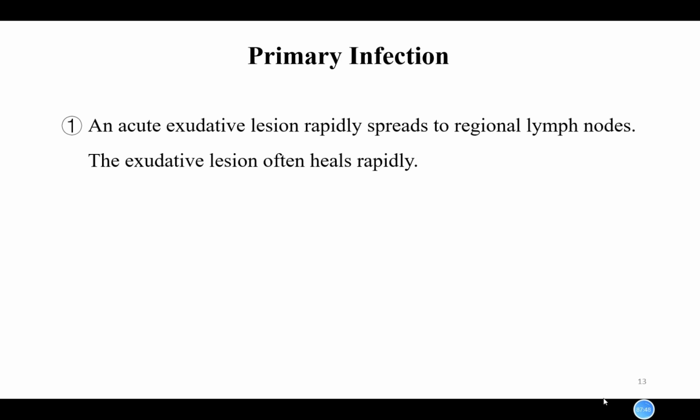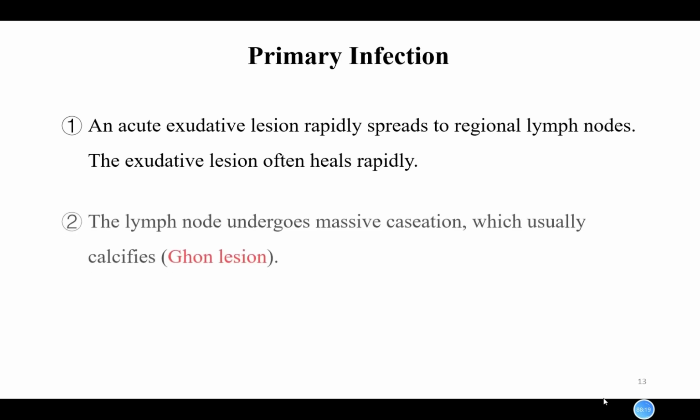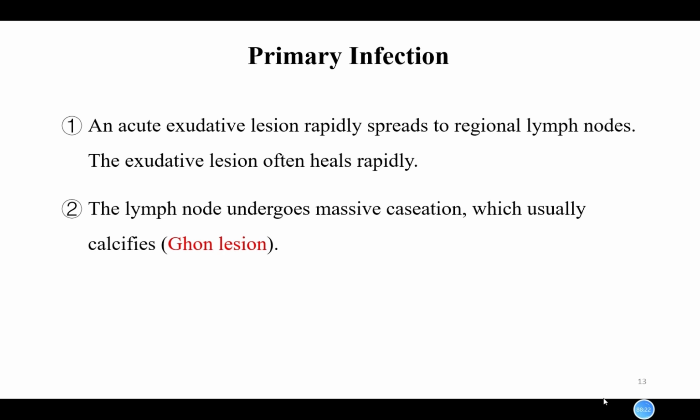The bacteria multiply in the lung, so that's the lesion. And in the lung, it can infect macrophages. Then the macrophages migrate to the regional lymph nodes with the bacteria inside them. So that's the primary infection. And usually, the infection site, the exudative lesion, can heal rapidly after the primary infection. And the lymph node, once the bacteria get into it, undergoes massive caseation,